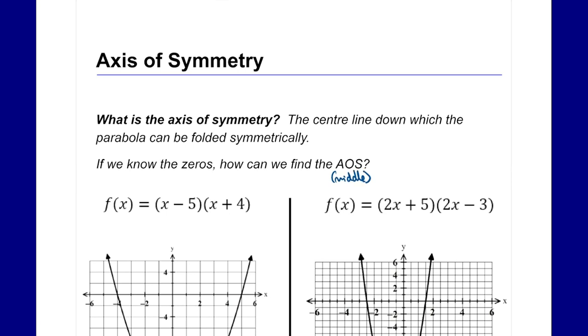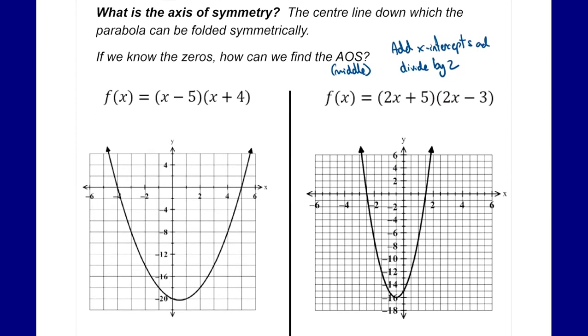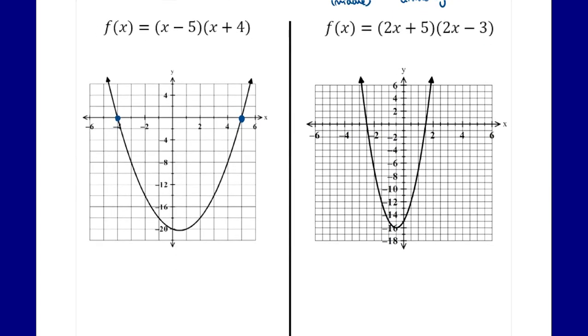So if I have my two zeros, to find the middle, I add the x-intercepts and divide by 2. So if I add my two x-intercepts and divide by 2, I will find our axis of symmetry. So if I look at the first one, x minus 5 and x plus 4, we did mention that we had negative 4 and positive 5 as our two x-intercepts. So what we could do is we could say, for the axis of symmetry, AOS, we know from our transformations that it's going to be x is equal to